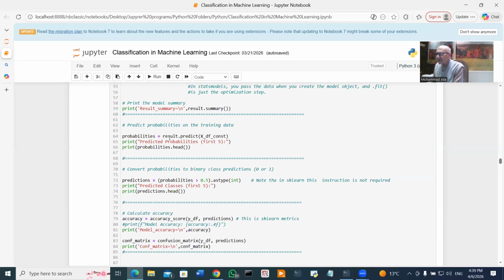So we ask from the result, predict the values which you are interested with. Here, I have selected all the values of the data frame, XDF constant. I did not split the data into a portion for training and a portion for prediction